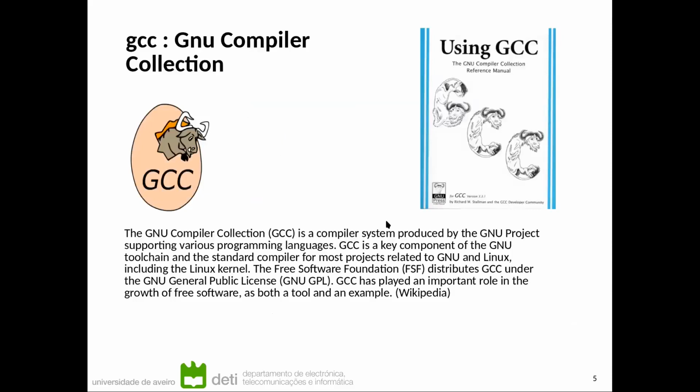We use C in developing embedded systems. And today, nearly all the C development is based on the GCC, which used to be the GNU-C compiler, but now it's called the GNU compiler collection. It's developed by the GNU project, which is a free and open source software project, and it is the most popular C compiler.